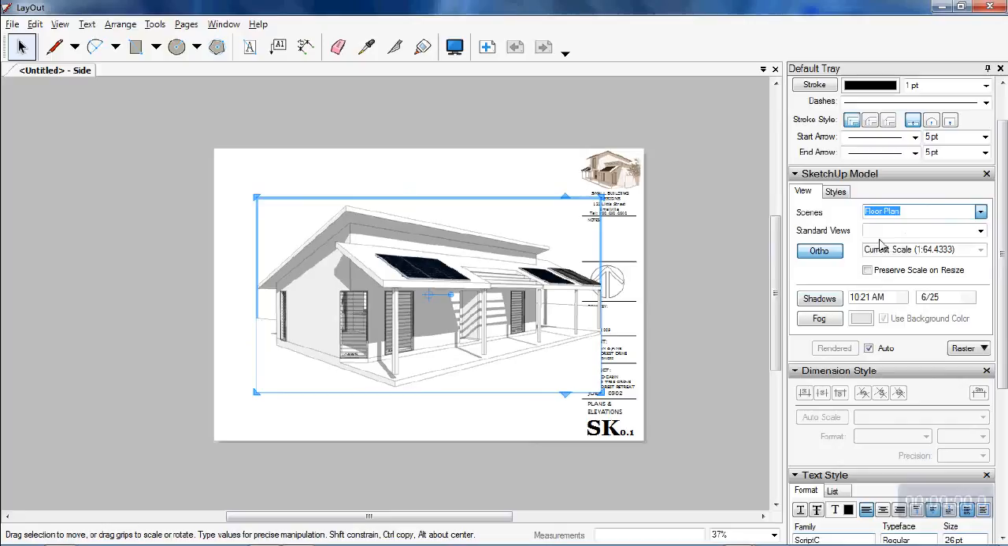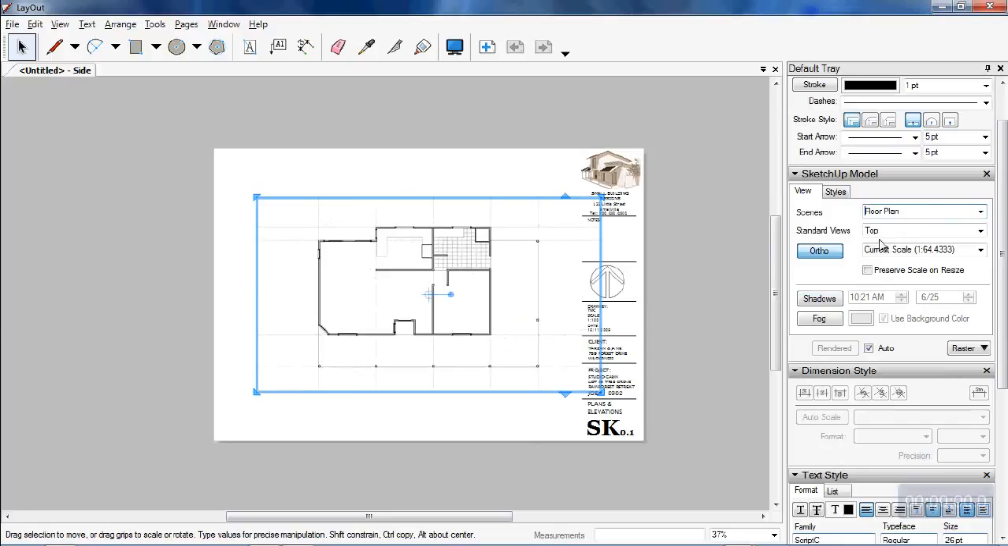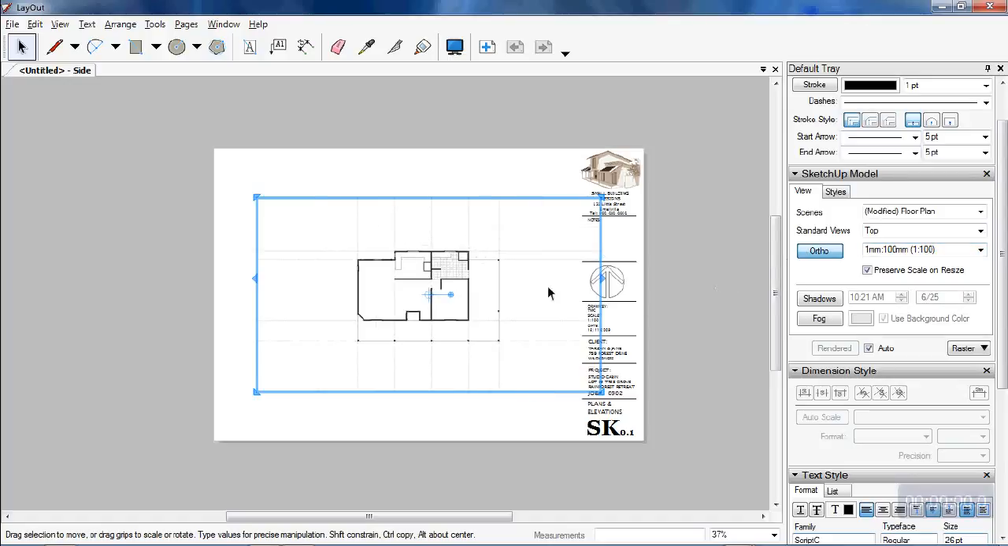Okay, now when the floor plan takes effect, like it has done now, I'm going to also change its scale to 1:100. So the floor plan is now reading on my A3 sheet of paper at a scale of 1:100. Make sure that Preserve Scale on Resize is selected, and then you can come across with your arrow keys towards the edge of the